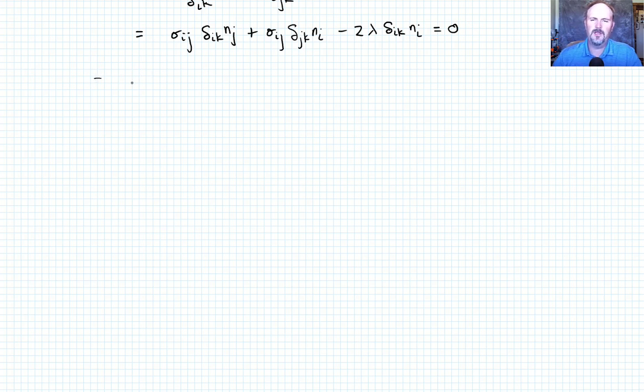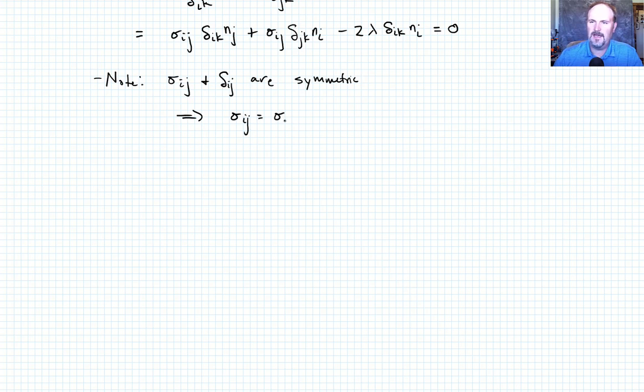Now we want to make note of something. I'm going to remind you that sigma ij and delta ij are symmetric. We already showed that, or at least mentioned that. What that means is that sigma ij is equal to sigma ji, and delta ij is equal to delta ji. So then we can write our equation, partial f with respect to nk is going to be equal to